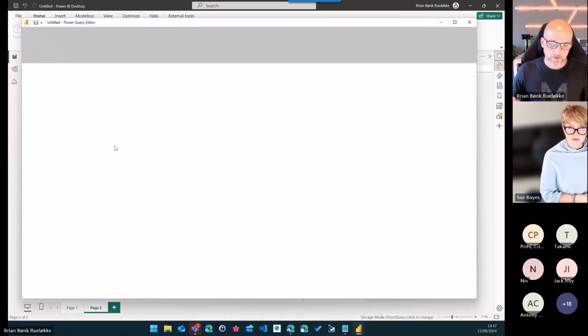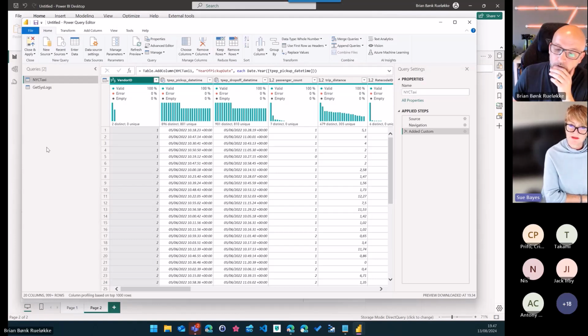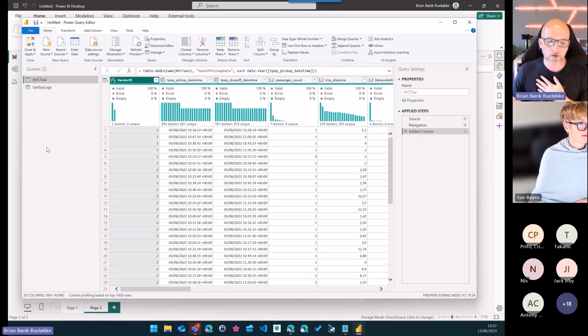First of all, I've got a question, a quick one. Go ahead. Can we combine Kusto databases with other sources to create a normal model? Of course you can. It is just a hybrid model from different sources, and just bear in mind that the results in Power BI will be the query time of the latest arriving data. So if the SQL Server is not as fast as Kusto, then you will have to wait for the SQL Server to finish. Of course, you can do imports. Then you just have to wait for the direct query from Kusto. So that's just the way it is. So yes, you can. Of course you can.